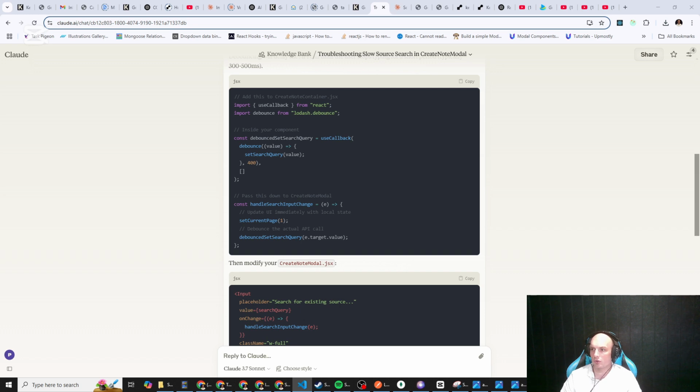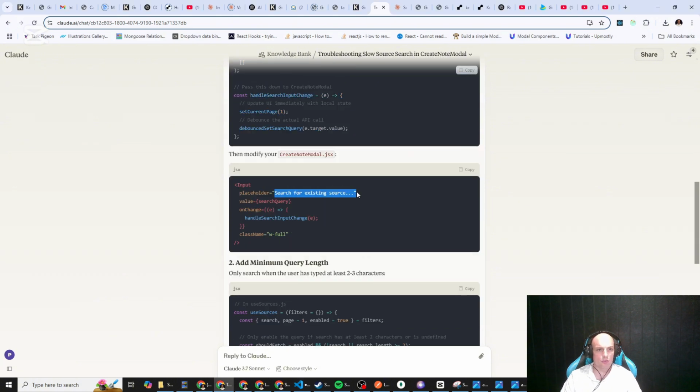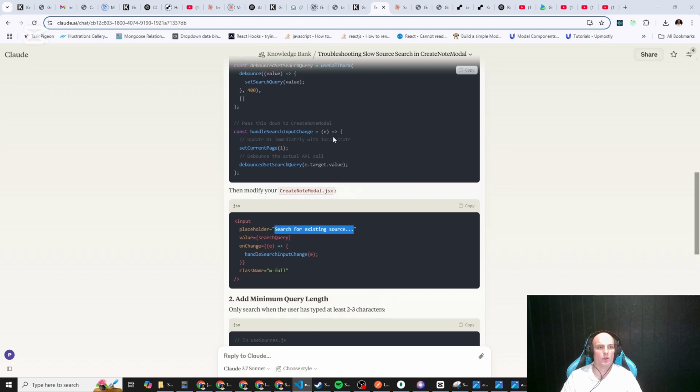Where are we going to put this? Mutate, pending, and also change. We've got a lot of functionality. So copy this, put that here, and then in the input for search for existing source, I'm just going to copy that so I can find it easier. Sorry, this is in create note modal. Pass this down to create note modal. Right, so we need to go to create note modal and pass down